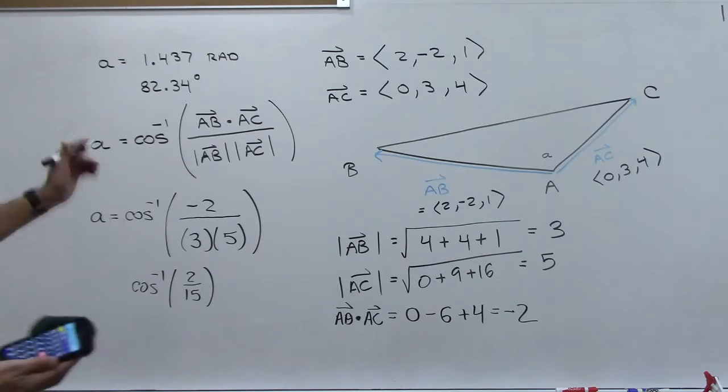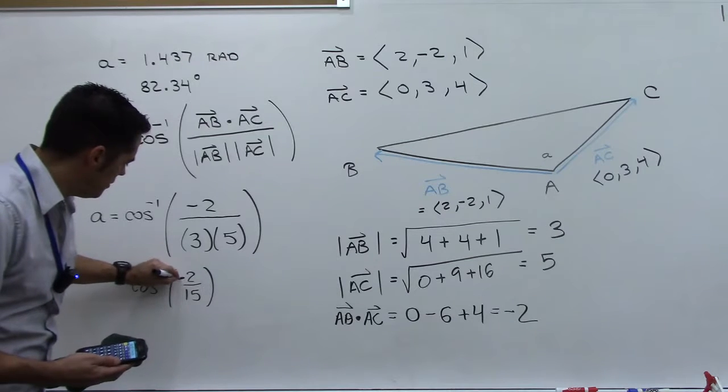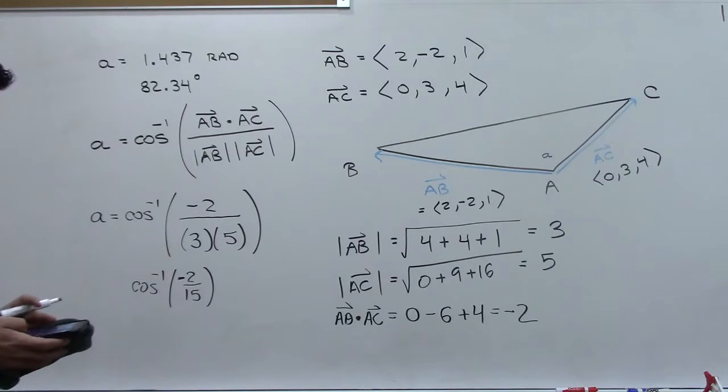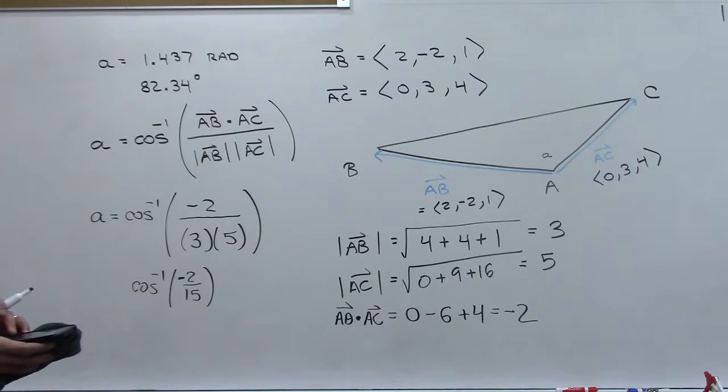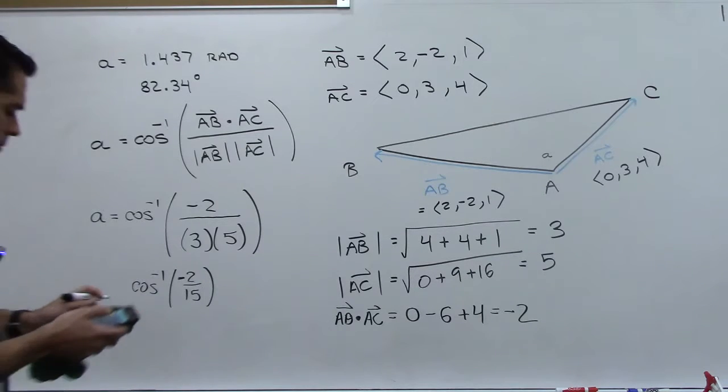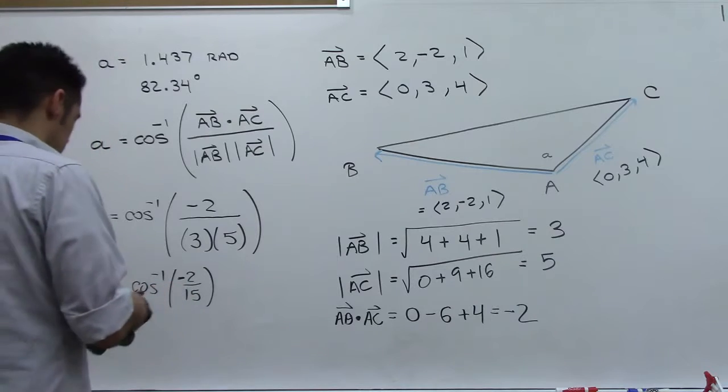Oh, you know what? I know what happened. I forgot my negative. Oops, negative. Clear that. Negative 2 up here. So negative 2 divided by 15, arc cosine. Yeah, apologies. This should be